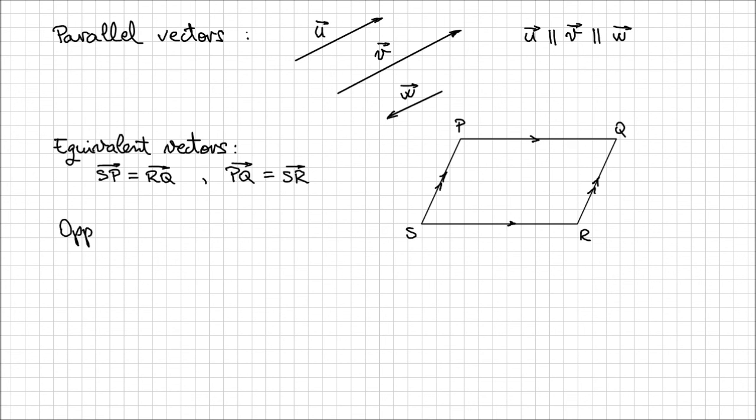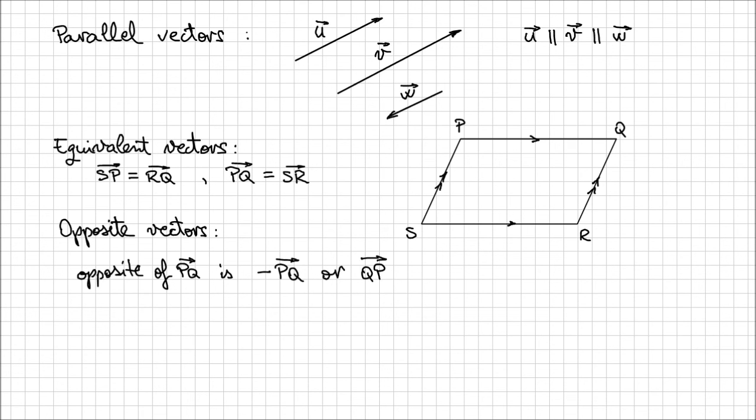Now, we're also going to encounter opposite vectors. And on the same diagram, first I'm going to just express the opposite of one vector, PQ. I can denote that with minus PQ or negative PQ. Or I can just write this in a reverse order of the letters. So that's why I told you it's very important to put the letters in the right order, because PQ and QP are opposite vectors. Of course, you can choose groups of other two vectors, such as PS and RQ are opposite vectors as well. So I hope it's all clear,